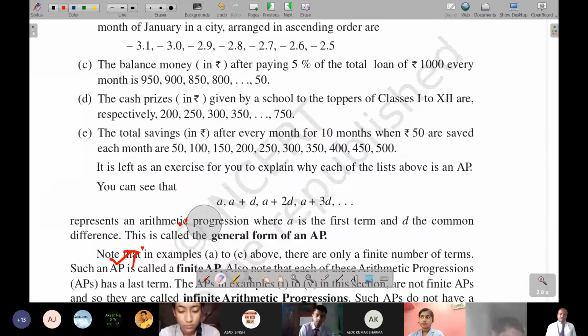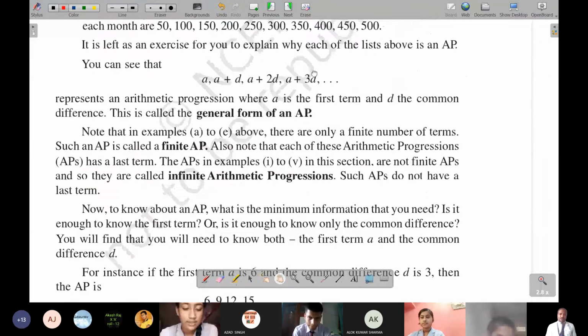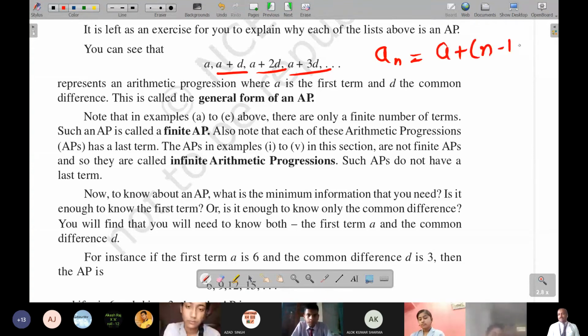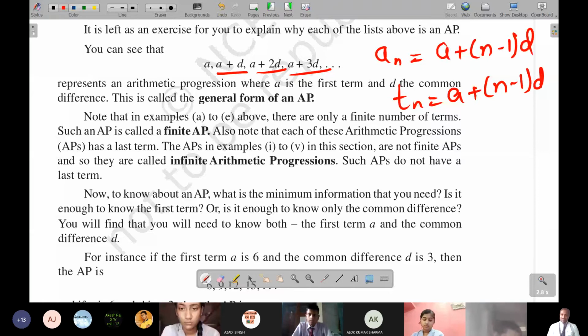So, did all of you understand how to find the general term? Yes, sir. First term is A, then the common difference is there, then the second term will become A plus common difference, the third term will become A plus 2 common difference, the fourth term A plus 3 common difference. In the same way, the nth term will become An equals A plus n minus 1 times D. Or it can be written as Tn is equal to A plus n minus 1 into D, where A is the first term and T is the general term. It can be the fifth, fourth, whatever the value of n is, that much term.